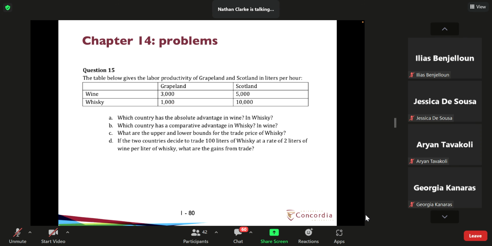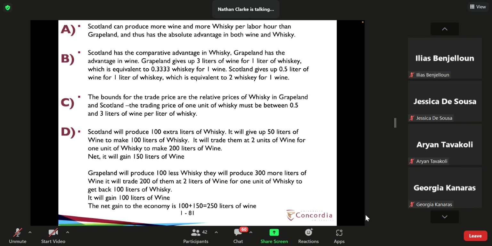Then if we do the same thing for Grapeland, Grapeland is going to produce 100 less whiskey because they know that they're going to buy